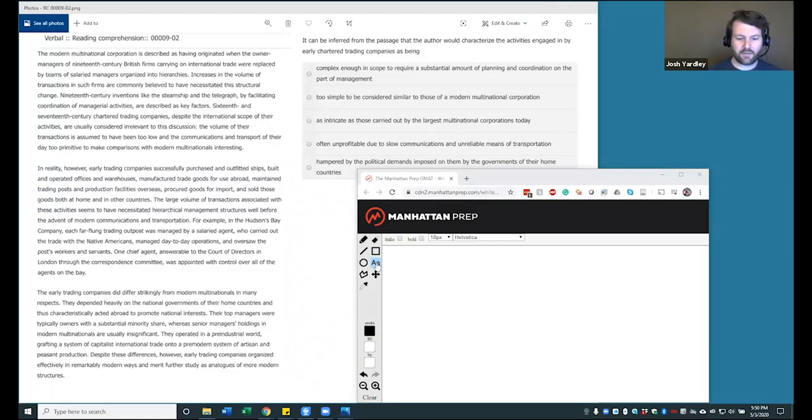I'm going to take a look at this passage for the first time. I'm just going to jot down A, B, C, D, and E so that when I do get around to looking at the question and the answer choices, I can make some eliminations using this little grid here. So I'm going to start reading. The modern multinational corporation is described as having